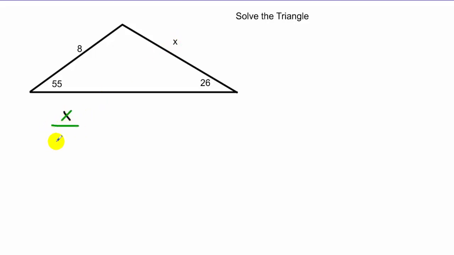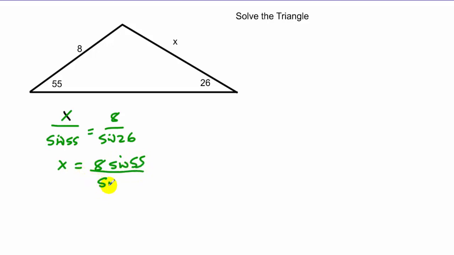I say x over the sine of 55 is equal to 8 over the sine of 26. And now I can multiply by the sine of 55 to both sides, so 8 sine of 55 over sine of 26 will equal my x value, and now it's turned into a calculator problem. And we end up with an x value of 14.95 if I round to the hundredth. And you want to make sure your calculator is in degree mode